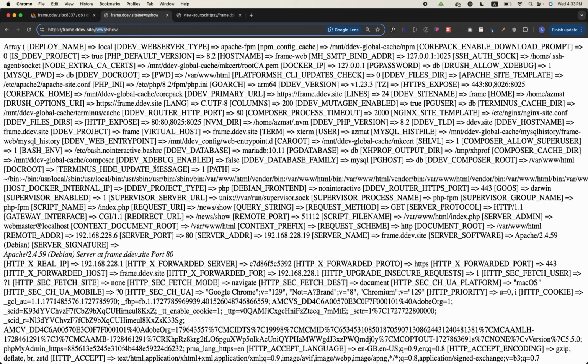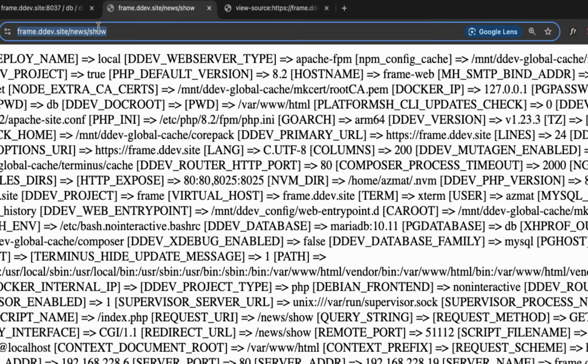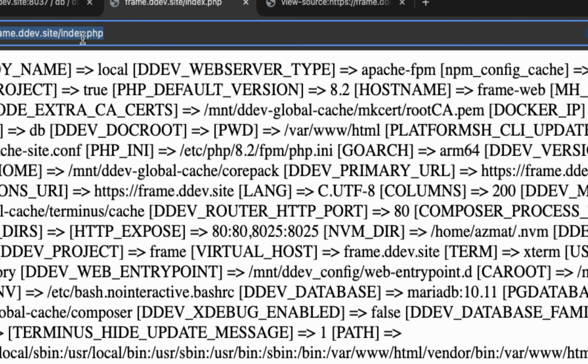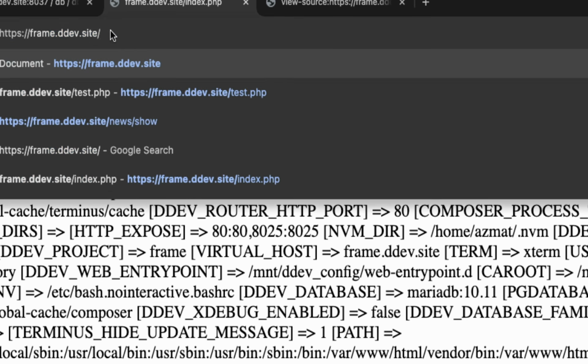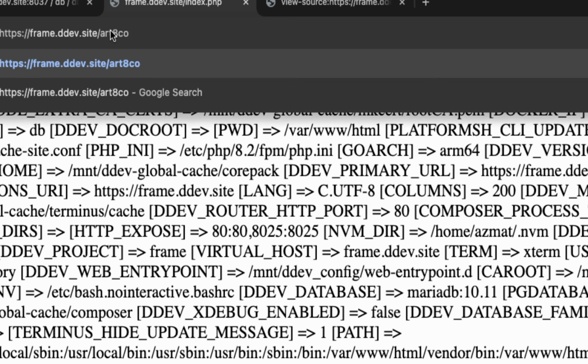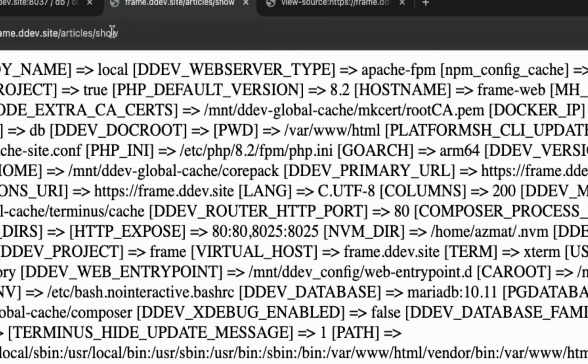I think I was able to learn how to zoom things in on Mac. Maybe it is option command plus, yes. So you can see, for example, if I change it to articles slash show, for example, articles slash show. This is for search engine URLs. This is very important. Okay, search engine friendly URLs, there should be no .php or some extension in the URLs. Okay, so if I just click it, and now